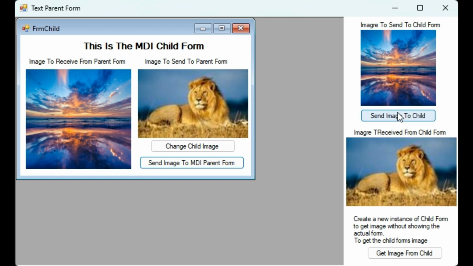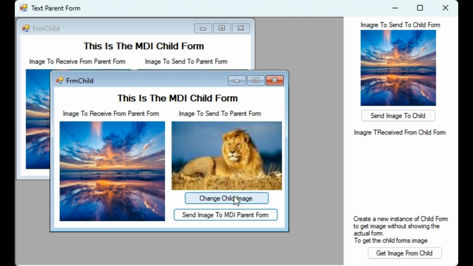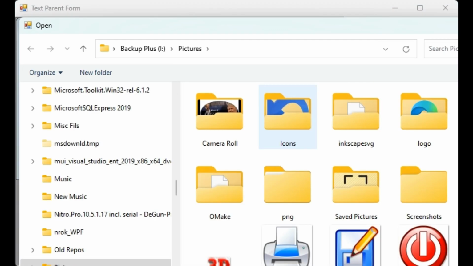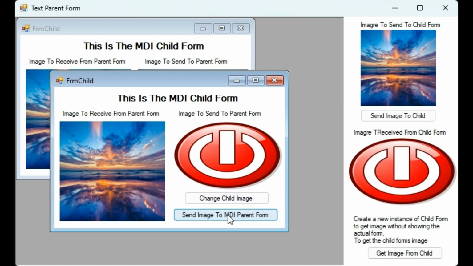We're going to set up another form, another child. You can have as many forms as you want. And this, we're going to change the image so that we can prove that it actually does work. And we're going to send that to the parent. Now, notice here,